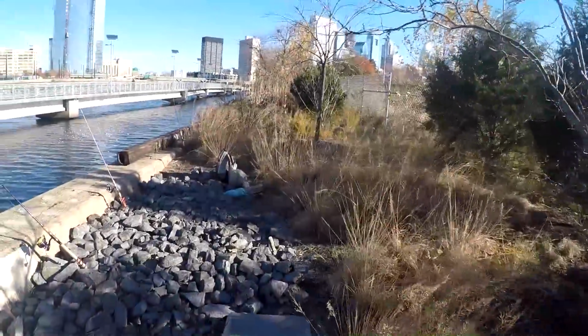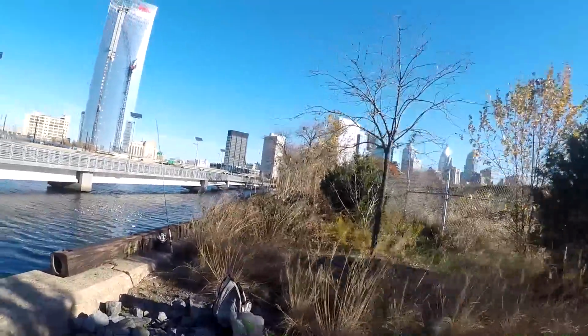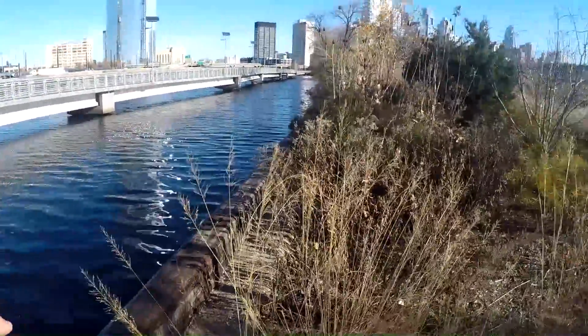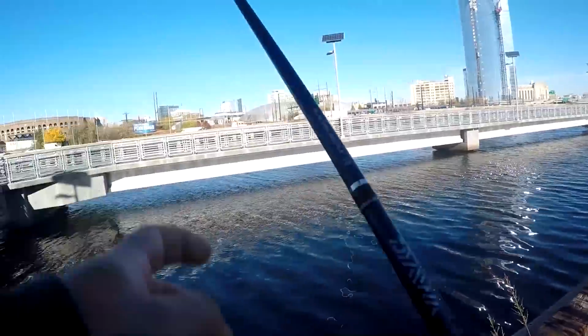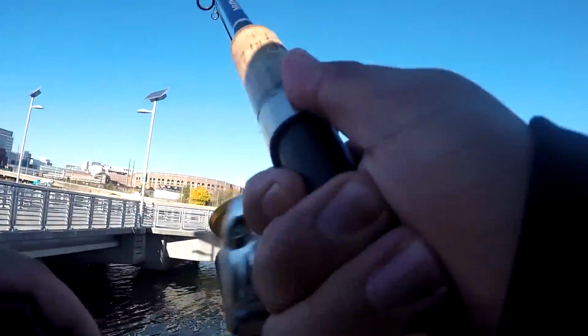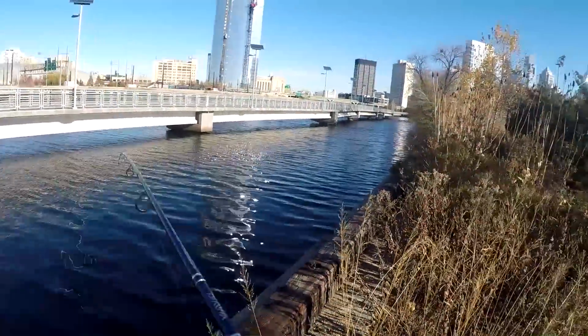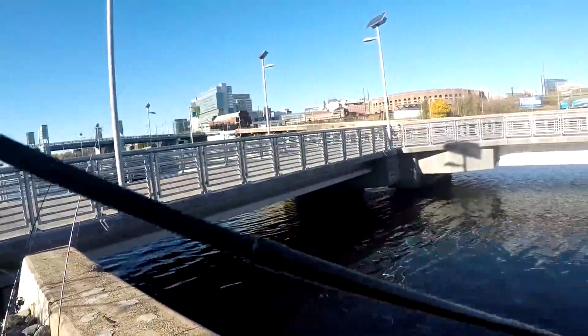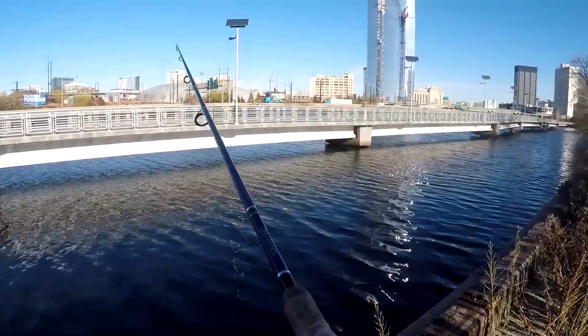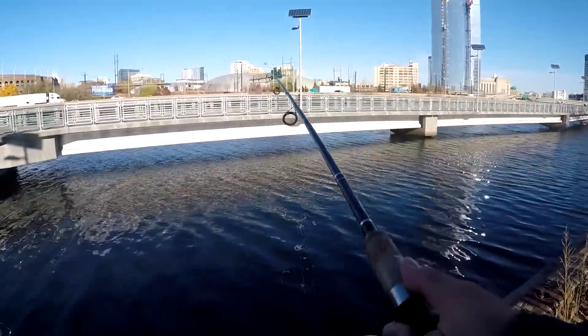Stay tuned. Whoa, okay, there's something wrong with this last rod right here. Why is the line on this rod suddenly a little bit slack? That's why. We're snagged, son. Uh-oh. That's not a good snag either. Well, that's the only rig I got, so...